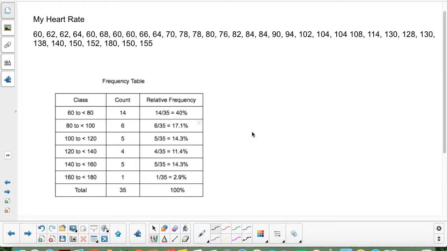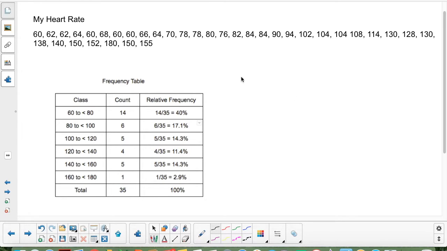It's a special kind of bar graph where the bars always touch. It's used for one quantitative data. And what we're going to do is create a frequency table. The first thing you want to look at is, how many bars do I want in my histogram? That's how many classes you're going to create. I used 6. It's usually between 6 and 10, depending on how many pieces of data